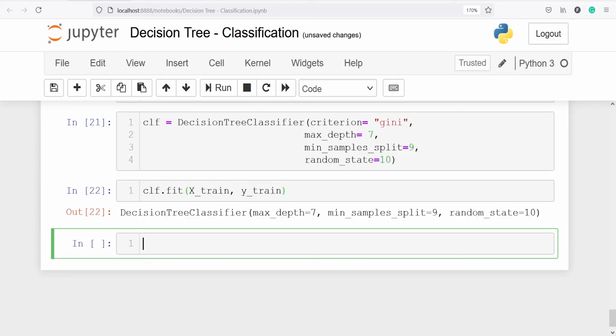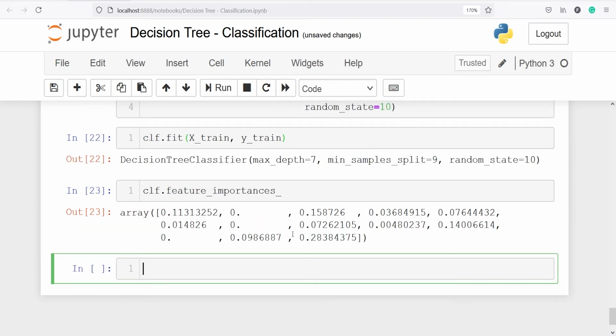Let's execute our code. So we have fit the decision tree on this X train and Y train, and these are the hyperparameters that we have defined above. Let's look at important variables or the features. So we can look at what features are important among all the independent variables. So I will write clf.feature_importances_. This function from this object CLF will give us the important features. Let's execute our code, and here you will see the percentage.